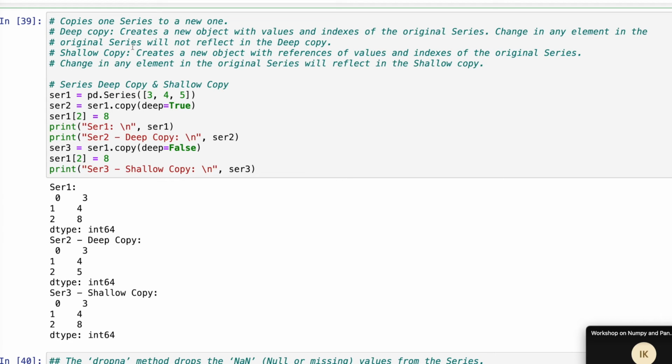Now both of them will need the copy function. In one case I'm mentioning deep equals to true, and in another case I'm mentioning deep equals to false. Okay, so when I'm saying deep equals to false, it is creating a shallow copy. So shallow copy, as I mentioned, is going to create a different memory reference or different name for your original series. So what you can do is test by changing one of the values in your original series object and check whether it has changed in the